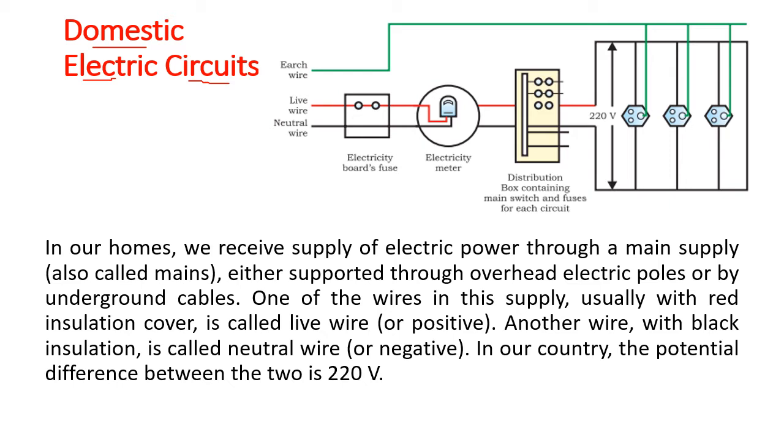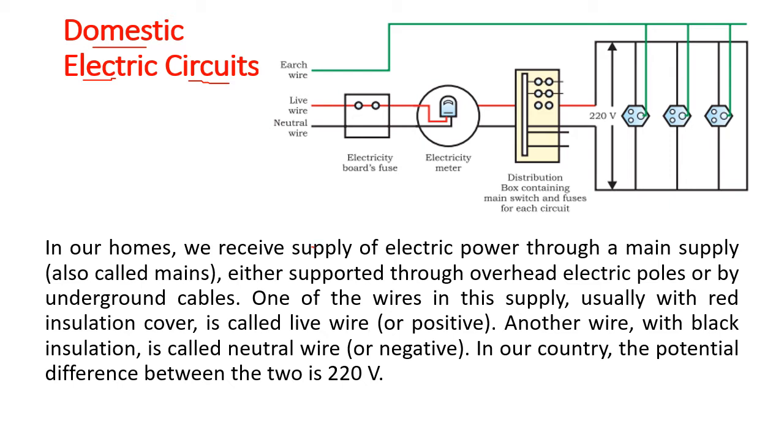So how do they charge us? What is the connection? Because electricity is very useful and it can also be dangerous, sometimes causing fires. So we have to be very precautious about its use. So how is the wiring done in our home? So we'll see now the domestic circuits or the domestic wiring in our houses.